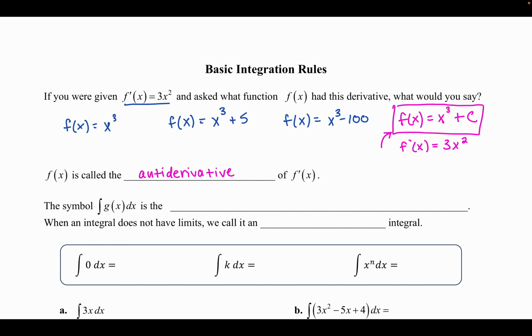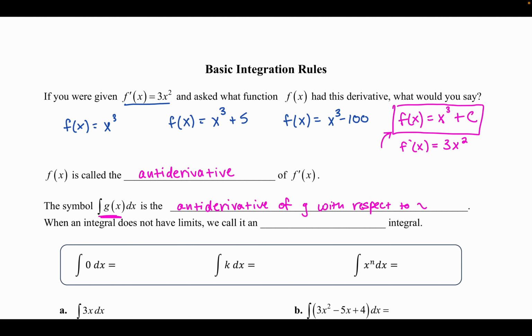So this is the day that some of you have been waiting for. Somebody in class mentioned, can we go backwards? This is exactly what we're doing today: we're going backwards with differentiation. We're going to start with f prime and figure out what was f, because that is what an integral is. So the symbol, the integral of g of x dx, we say that is the antiderivative of g